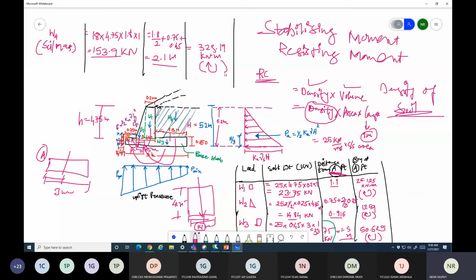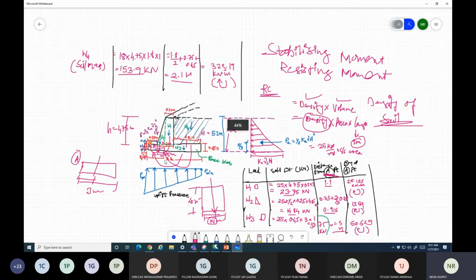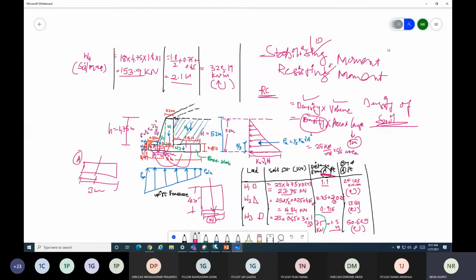Now, if you have considered the passive pressure at this point, at left side, यहाँ पे, if you have considered this passive pressure, then this passive pressure also will give the stabilizing moment or resisting moment. Passive pressure will also give the stabilizing moment or resisting moment. Right. So if you want to consider the passive pressure, then here you can write, यहाँ पे आपको लिखना है passive pressure P.